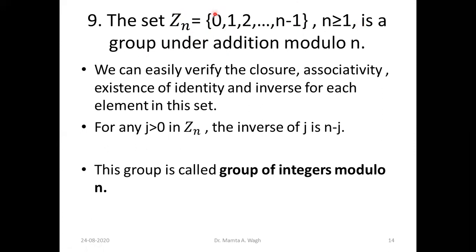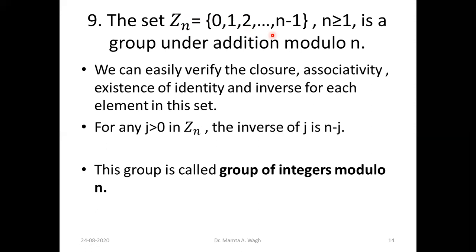So if you are having Z4, then Z4 will be 0, 1, 2, 3. In Z6, you will be having 0, 1, 2, 3, 4, 5, up to n minus 1 elements. So this is Zn, and the operation is addition modulo n. So addition modulo n means if you are taking two elements from Zn, suppose you are talking about Z5, then